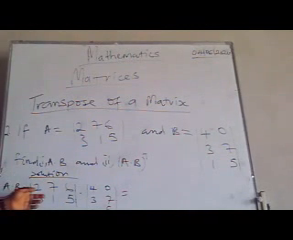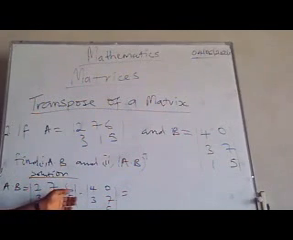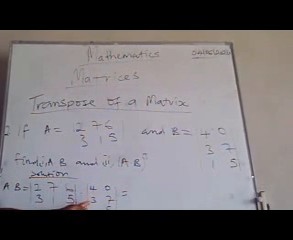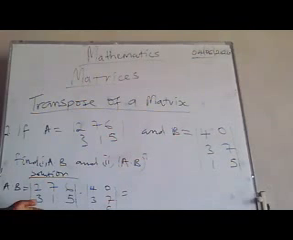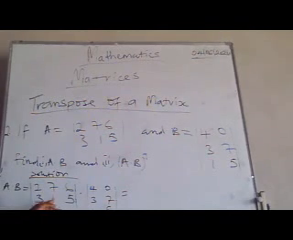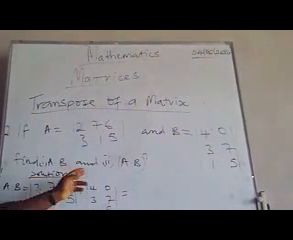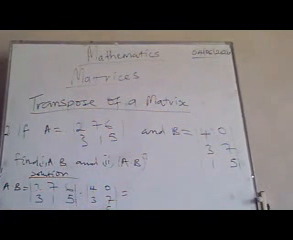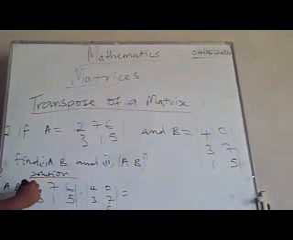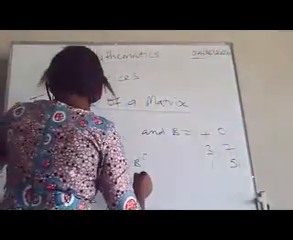So we are going to use the first row and multiply with the first column. Also use the first row, multiply with the second column. Then we move on to the second row. Use the second row to multiply with the first column, and also use the second row to multiply with the second column. So that will give us